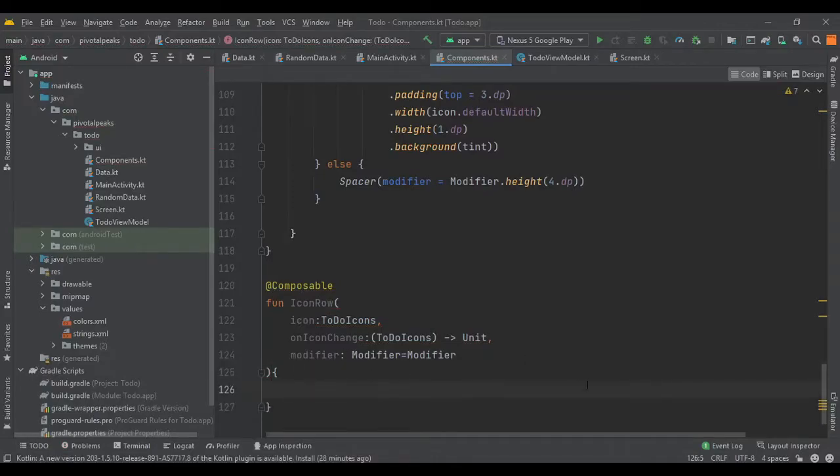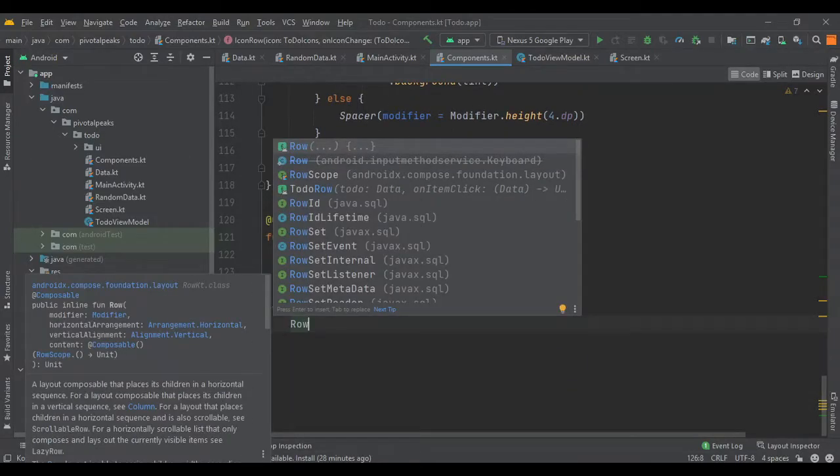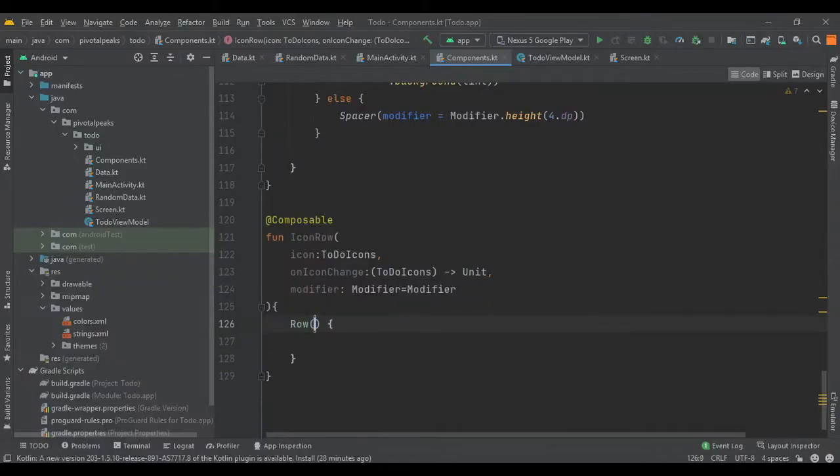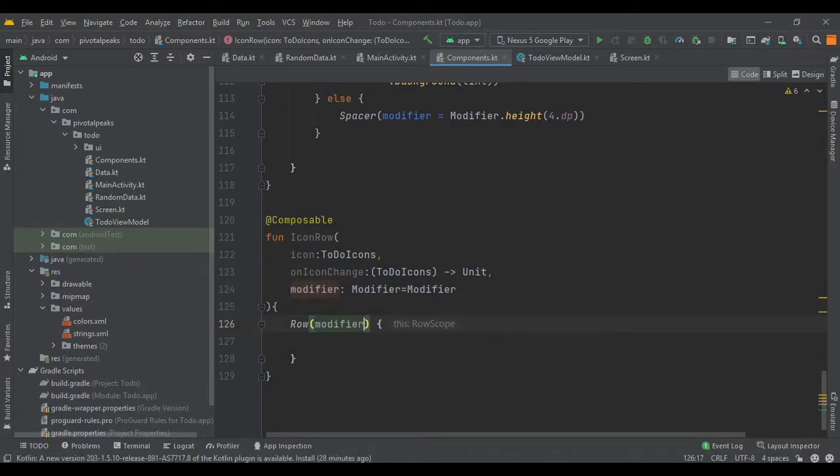So inside the icon row function we need to create a row. So let's create it, row, and let's pass the modifier, and inside the row we are going to loop all our icons in a for loop. So let's do that.